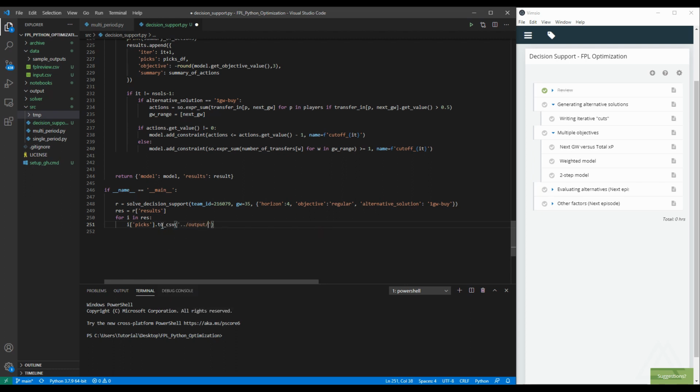At the output folder, and then I will call this solution, and let's make this an f string actually, using double quotes. Here I will use the iteration number that we passed here, and solution.csv. Okay, so we will export it to a CSV file, and then we can also create a data frame